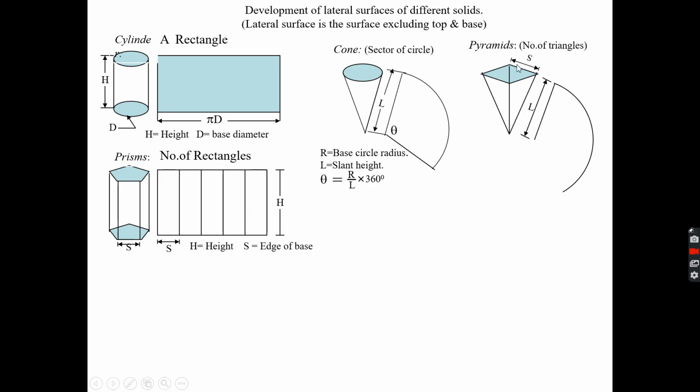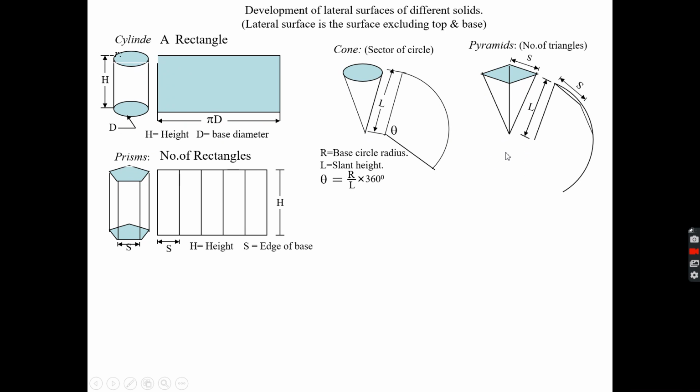Now you know the width of the base. What you can do here is take this point as a center and this base length as a radius, and mark an arc. Then take this point as a center and mark an arc in this sector of the circle. So there will be one triangle.